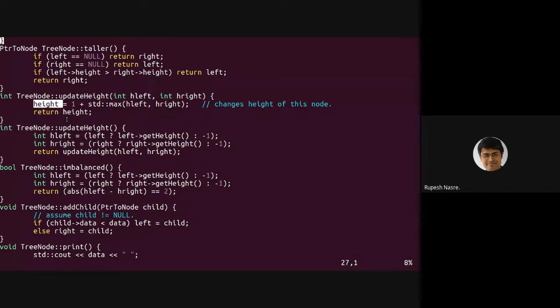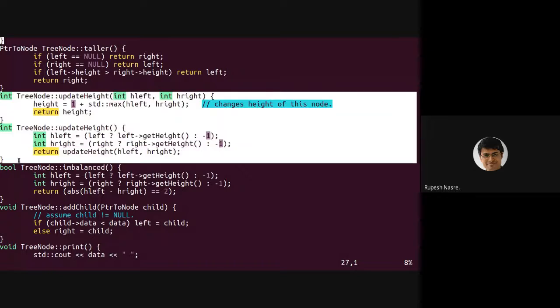So that is our update height function, which is based on the heights of the left and the right subtrees. As you can notice, the height is decided bottom up. First you decide the height of the children, and then you go on propagating that information to the parent, to the grandparent, etc.